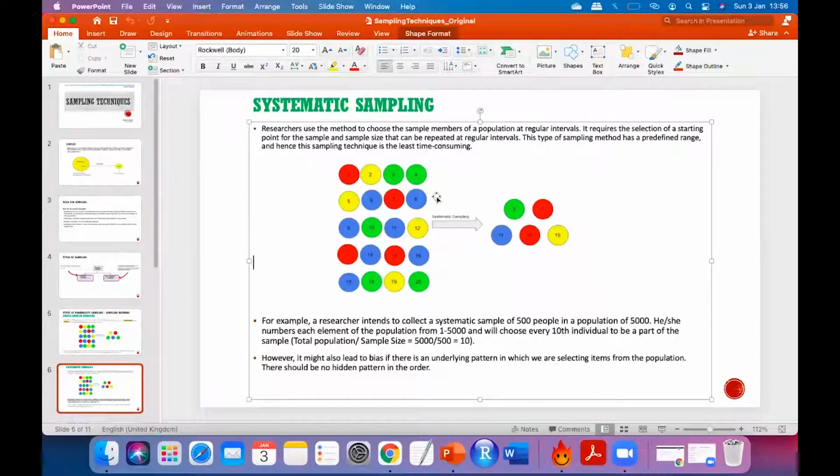Underlying pattern you are saying, right? But in this case, we didn't pick all the same colored balls, right? The bias didn't happen. It did not happen, but I'm saying it may happen. There's a possibility of having the error, right? So you are doing the sampling, you have to take care of the errors also. You have to be ready with what errors may be introduced in your observation or in your samples. Okay.